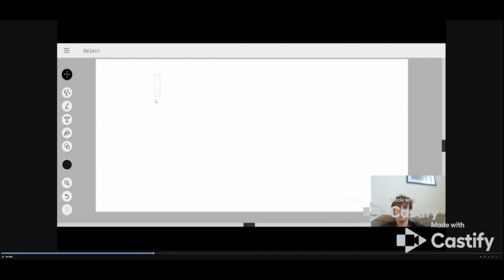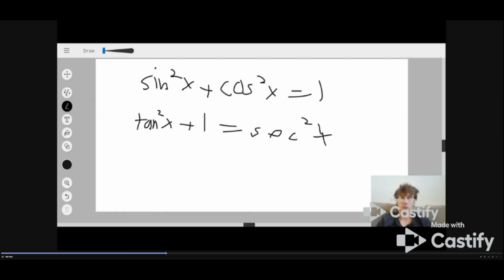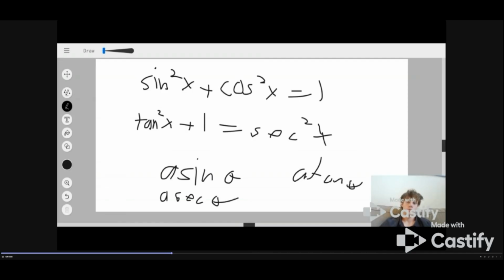Also, we need to be remembering a couple very important Pythagorean identities, specifically these two. Sine squared x plus cosine squared x equals 1, and tangent squared x plus 1 equals secant squared x. These are going to be pretty much all-encompassing when it comes to trig sub because of our 3 forms that yield a sine theta as a substitution, a secant theta, and a tangent theta. So you can see how you can use these in order to simplify whatever you have under your square root,